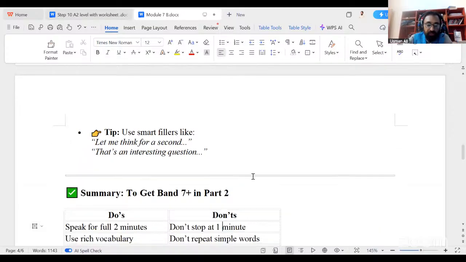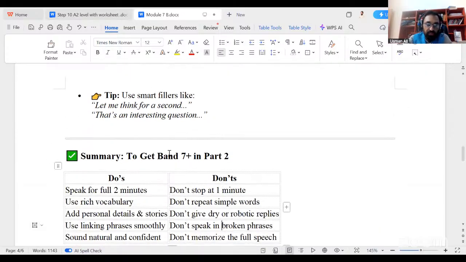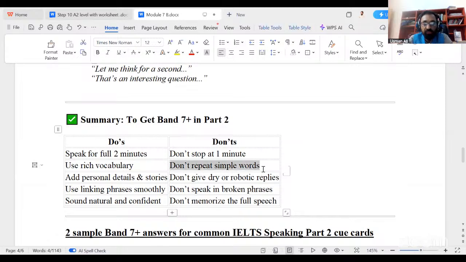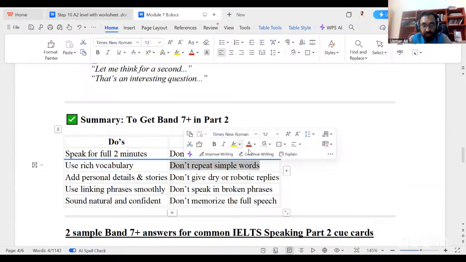Okay, summary to get 7+ bands in Part 2: what you have to do and what you have not to do. Number one, do speak for the full 2 minutes. Don't stop at 1 minute, because if you stop at 1 minute, you will get lower bands. If you speak for a full 2 minutes, you will get higher bands. Use rich vocabulary. Don't repeat simple words. If you are repeating the same simple words all the time, it will get you lower